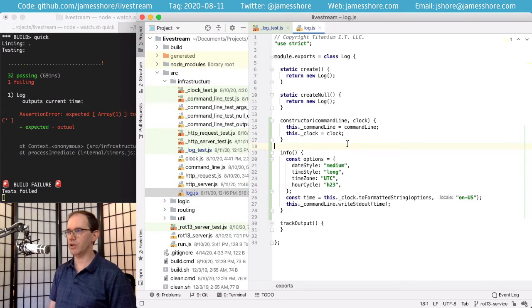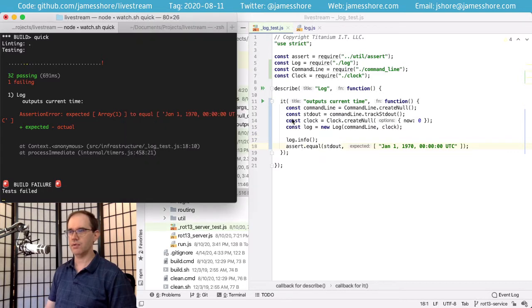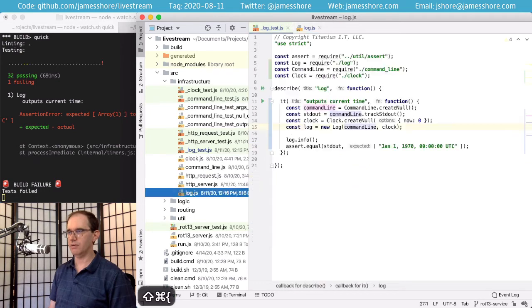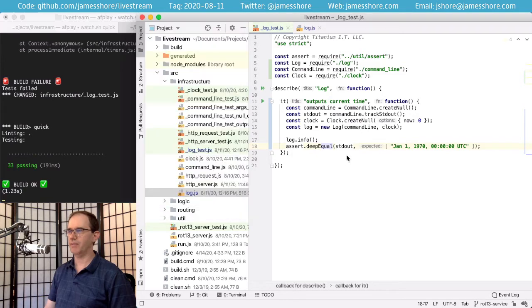Okay, that's almost working, but we're getting some sort of weird failure, and I'm not sure why, to be honest. Oh, because I need to say deep equal here. There we go. It's a quirk of Mocha, is sometimes things will not match, but the output won't tell you anything. It's one of my least favorite parts of the way Mocha works. Mocha, of course, being the test framework we're using here in Node.js.